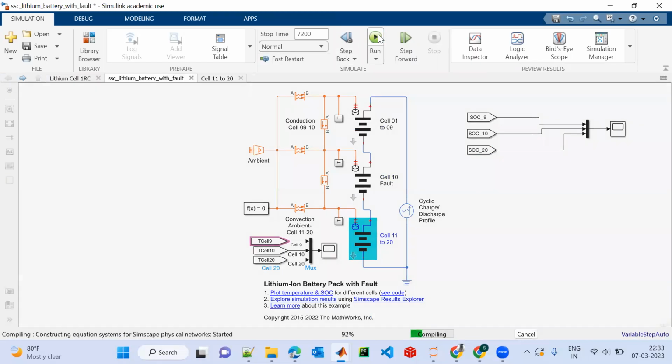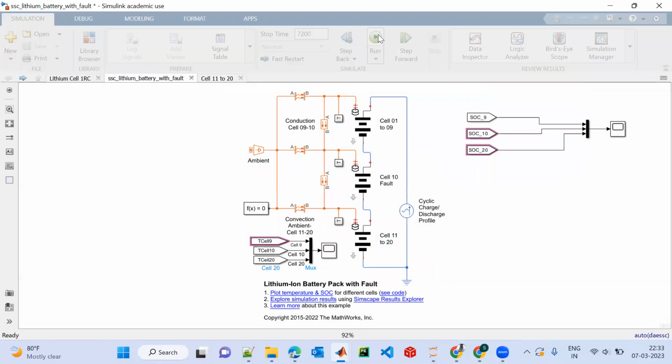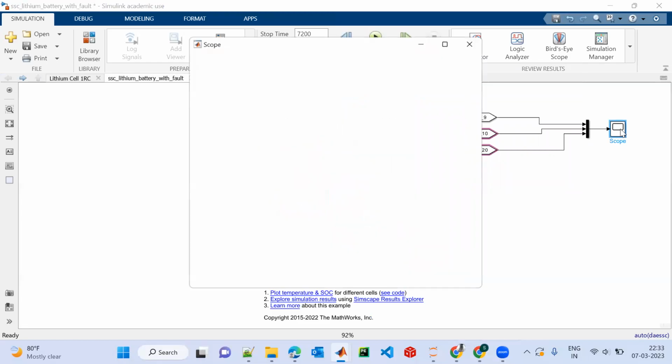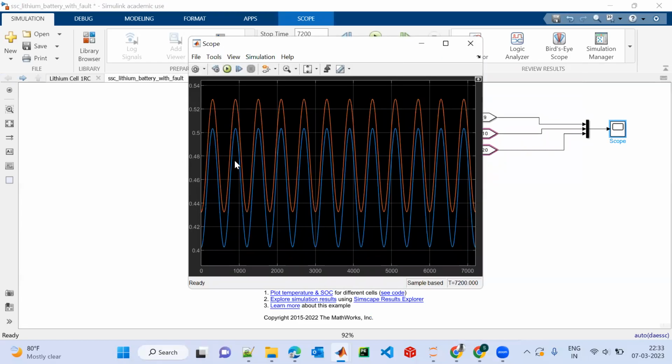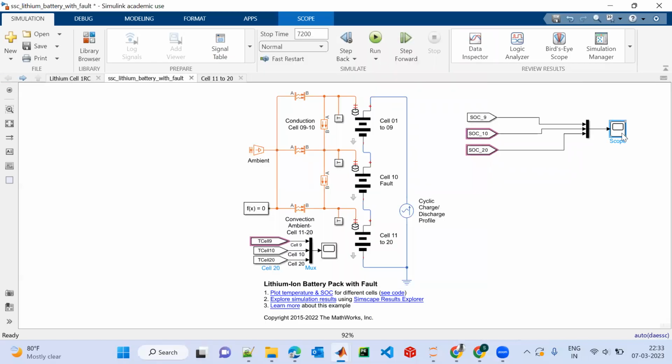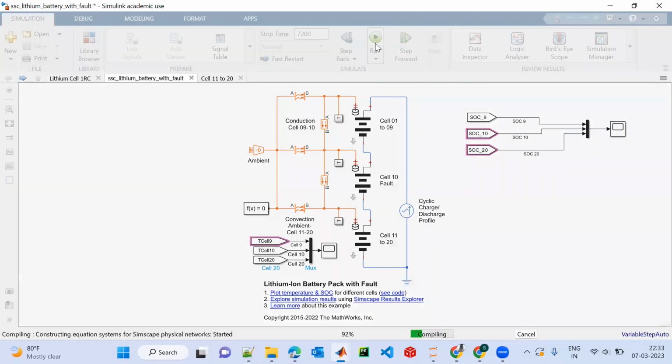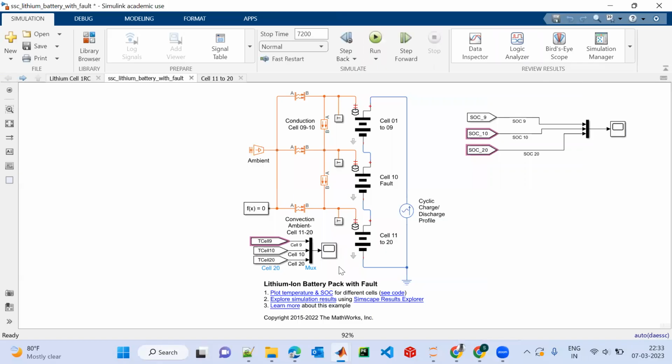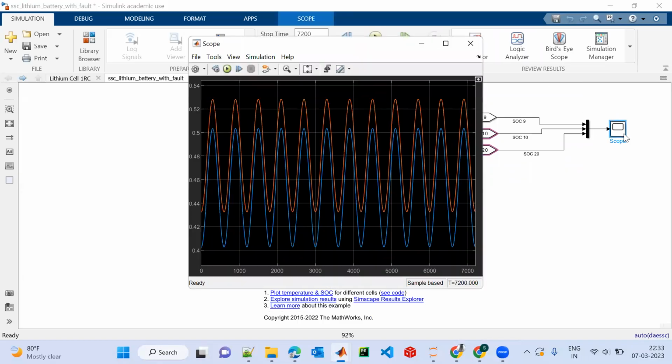Now if I just run this, it has run, and once we open the scope, we can see the characteristics. As I didn't give a name for this signal, it's not showing any legend. So let me name this as SOC 9. This one is for SOC 10, and this one is for SOC 20. Now I have named it, it will show me the legend. I have clicked run, so it ran. Now if I just open this,